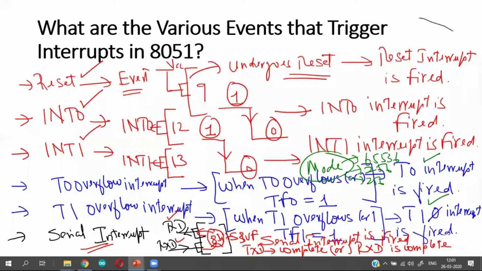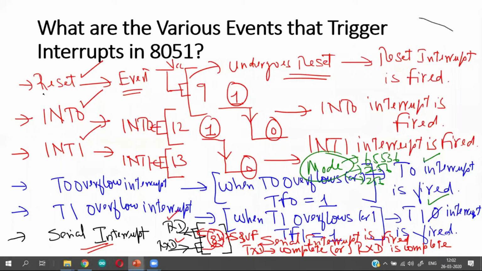In both the cases, the microcontroller can fire a serial interrupt. These are the possible scenarios or possible events which can fire an interrupt in an 8051 microcontroller. You have to understand this concept very clearly.